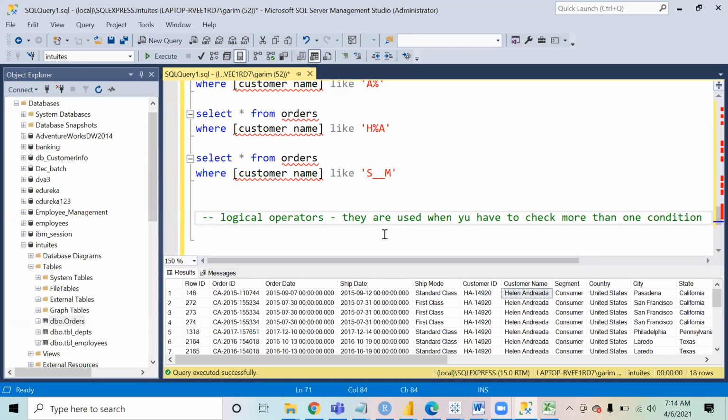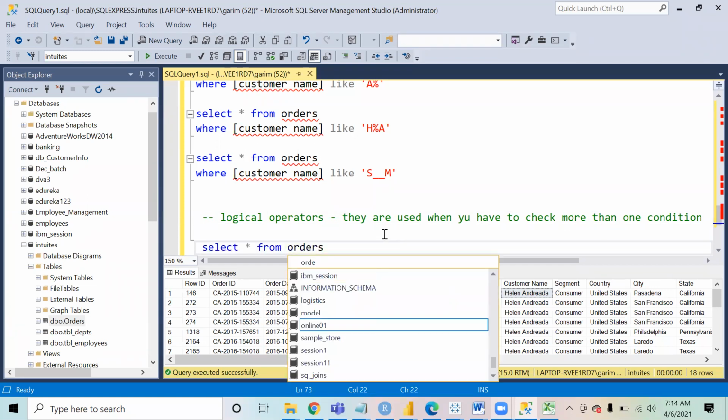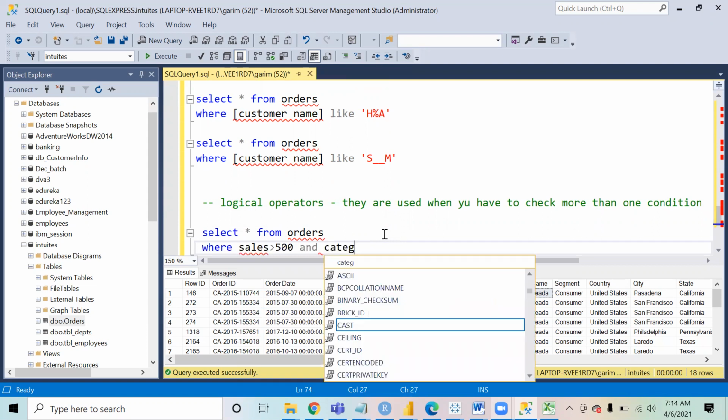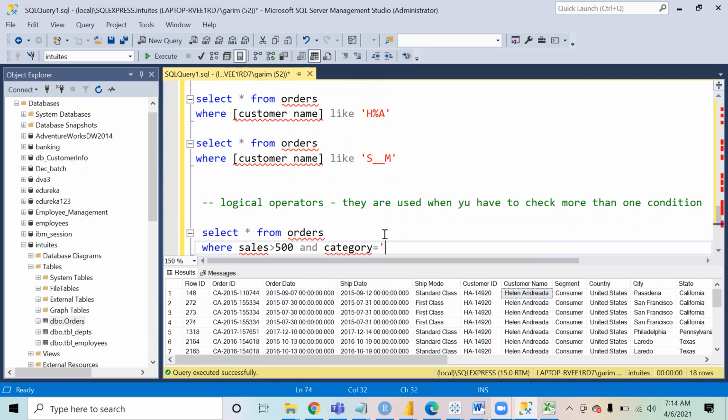For example, if I say select star from orders where sales is more than 500 and category is equal to furniture.